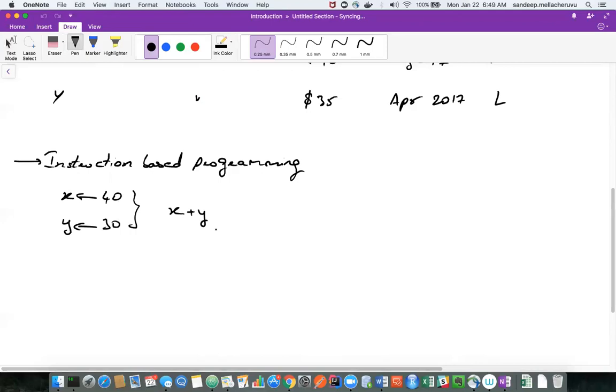We are giving what to do to the computer so that the computer will compute it and give the result. So till now we are making the computer dumb. We are saying what to do, how to do, everything we are programming within the computer, and the computer just executes.